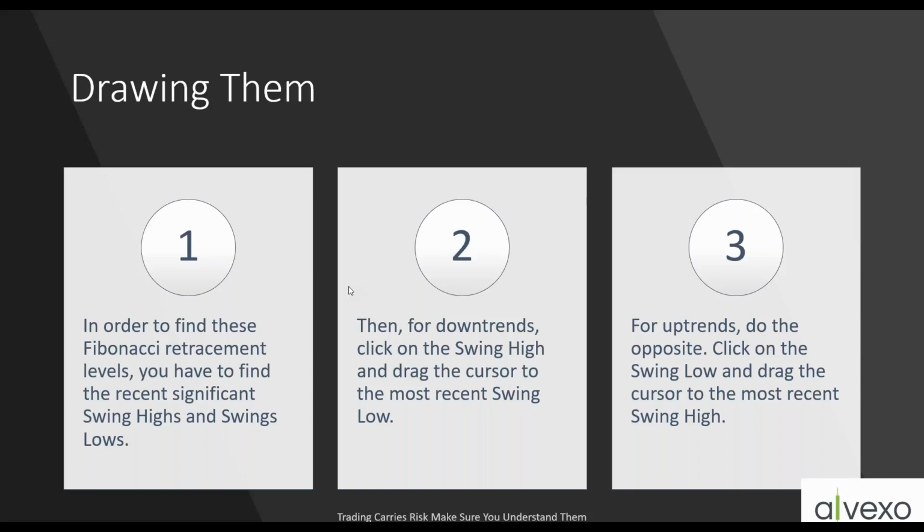So in order to find these Fibonacci retracement levels, you have to find the recent significant swing high and swing low. Okay. Then for downtrends, click on the swing high and drag the cursor to the most recent swing low. For uptrends, click on the swing low and pull the cursor to the swing high. So in a downtrend,